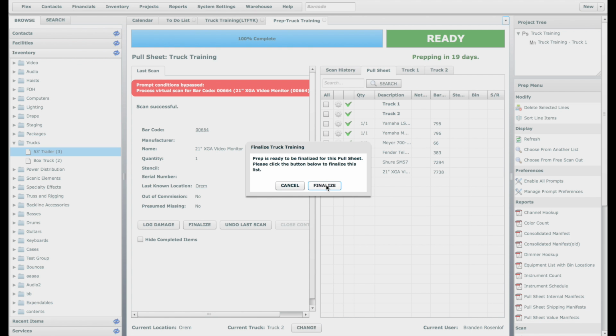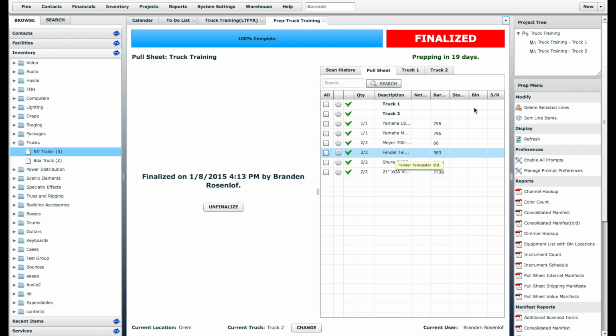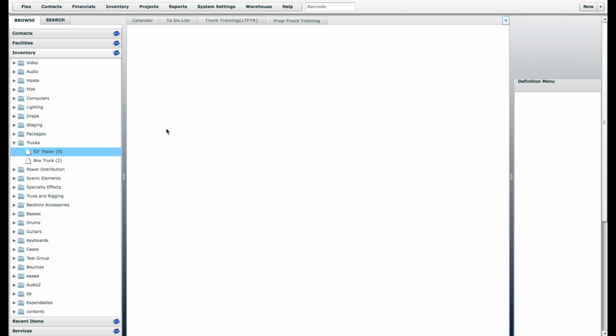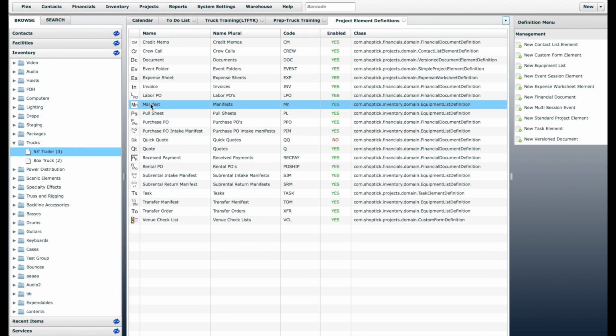And now when I click finalize, you can see that 2 manifests have been created as child elements to this pull sheet, and they're labeled as truck 1 and truck 2. One important setting that you should look at to verify that the manifests will be named truck 1 and truck 2 is under projects, project elements, double click on manifest,